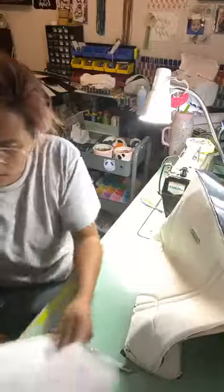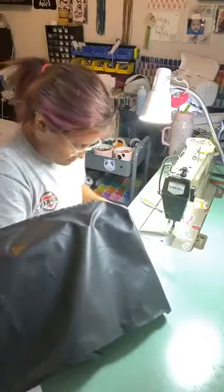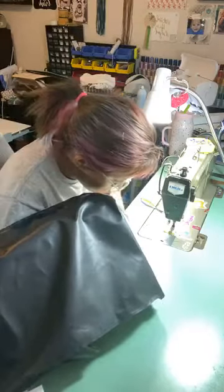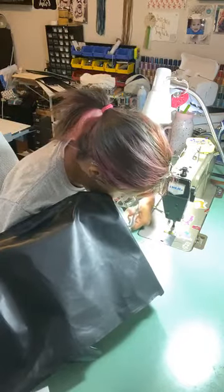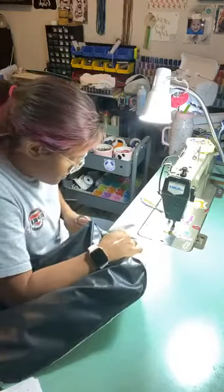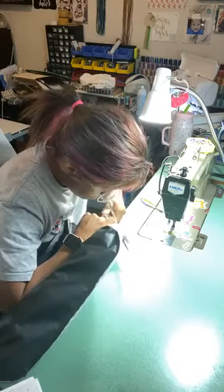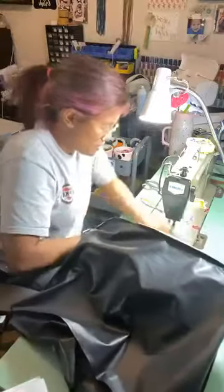Let's see, I think we're gonna trim. Okay, so we're gonna trim to 1/8 of an inch seam allowance. Do this side, trim it down. I'm just gonna catch this because I want to make sure that this is